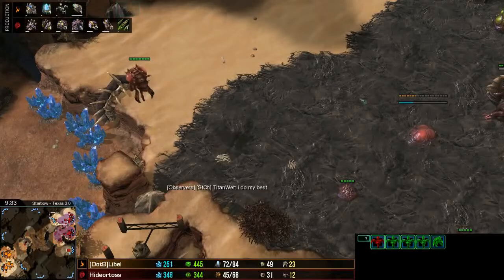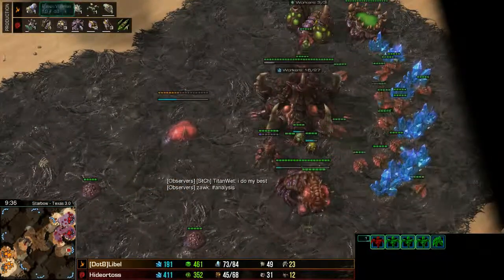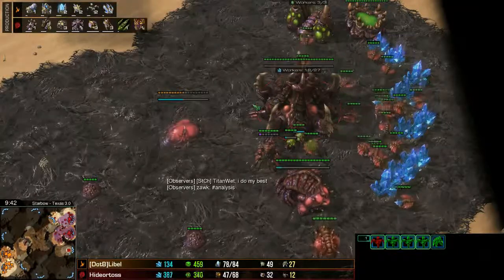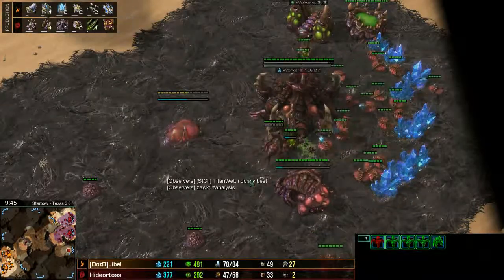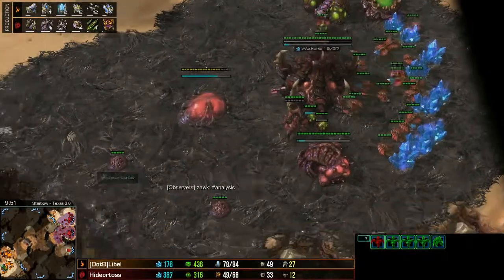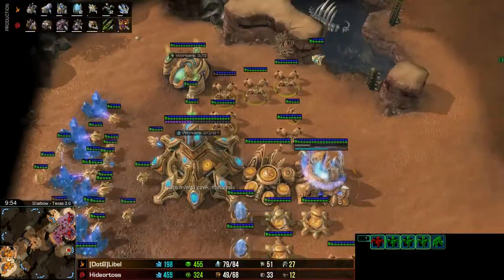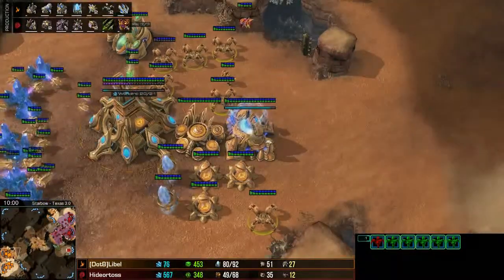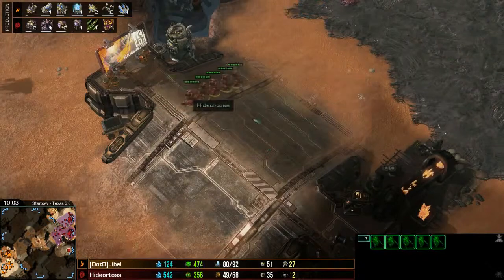I kind of like the move to Roach Warren, but at the same time I don't. On one hand, you will be able to do some pretty good work against Dragoons and be really annoying with the pressure that they can put out. But on the other hand,